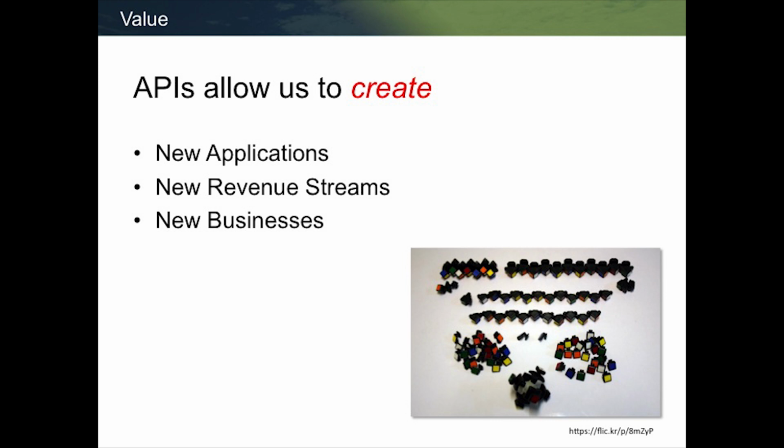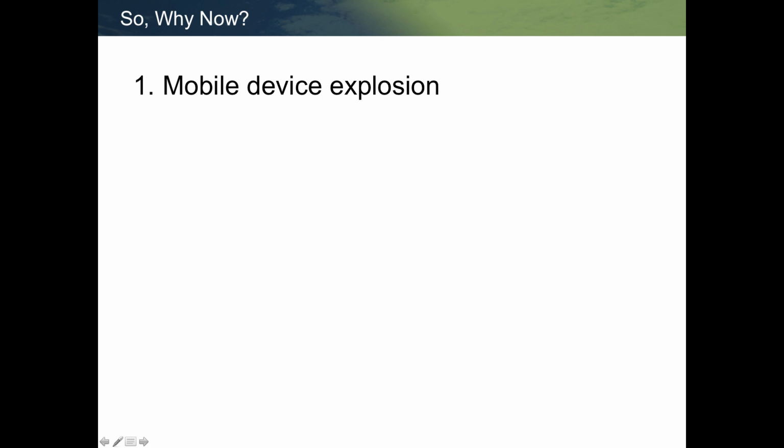And these last two are the really important ones that we're probably going to focus on here. So if APIs have been around since the 80s or 90s, and the only thing we really changed is we moved to open protocols and open data formats, what's the real impetus here? Why now? Why are we so interested in APIs nowadays?